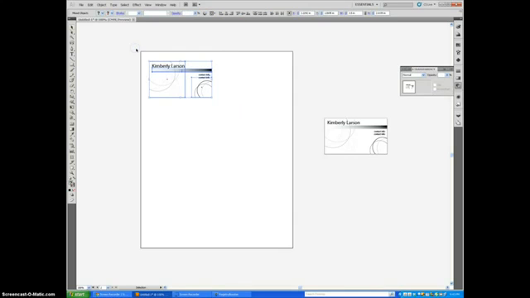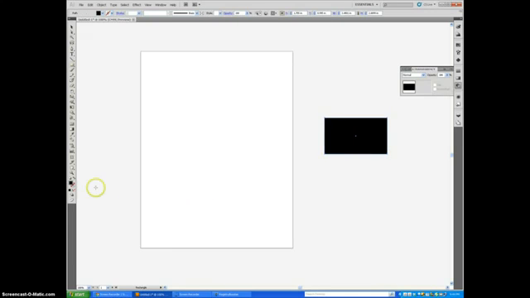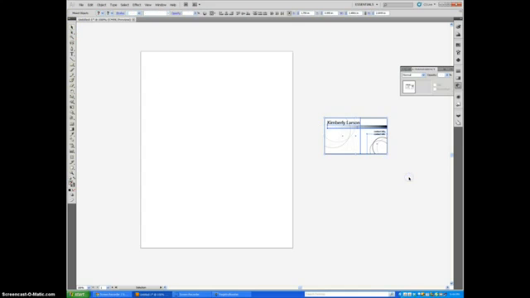I'm going to go ahead and delete this. And what I'm going to do is just drag out a simple rectangle around the edge of this business card. Right now I have a fill on it, so I'm going to switch it to a stroke. What this is going to allow me to do is, when I select it, hold down the Alt key to create a duplicate, and come over to my page,